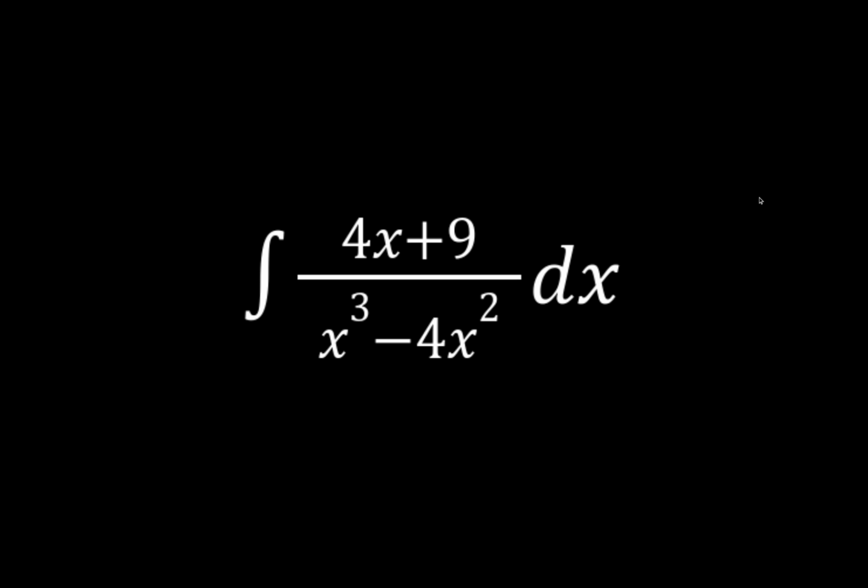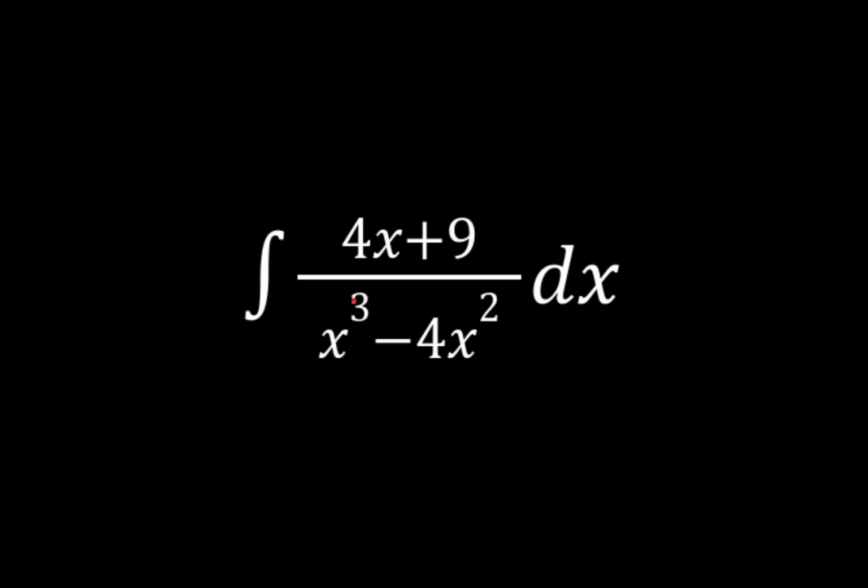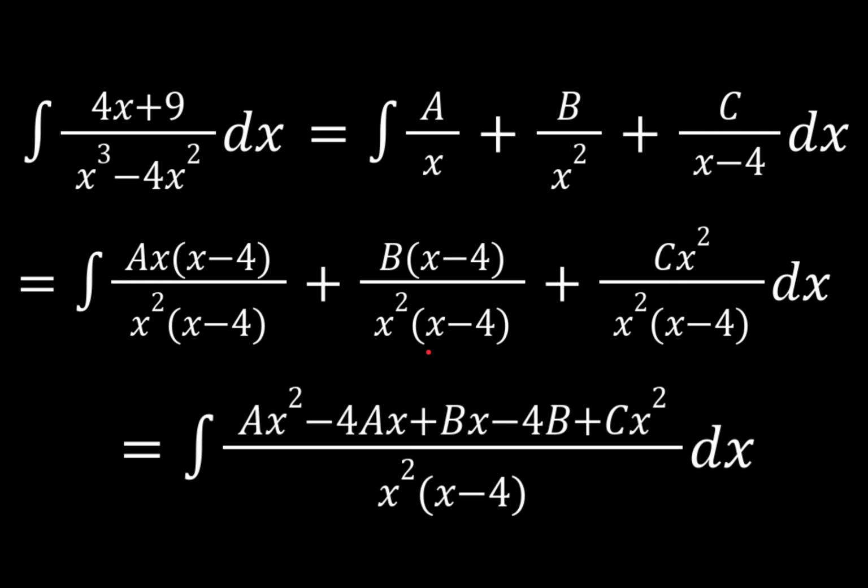The first thing that we should notice is that we can factor out the bottom. It will become, let me get my laser pointer, x cubed on this side, x squared on this side. So we can factor out an x squared. So it'll be x squared times x minus 4. So this is a lot more complicated than the last one, mostly because there's a lot more factors on the bottom. But what we did was,